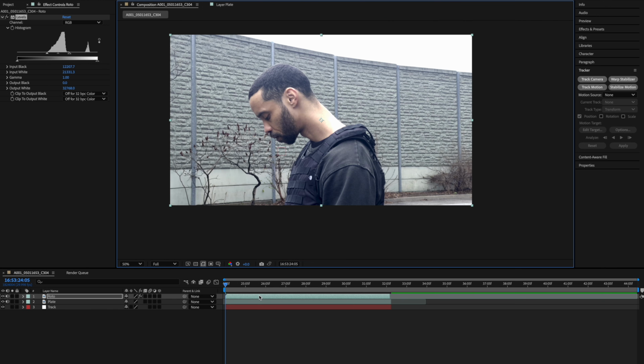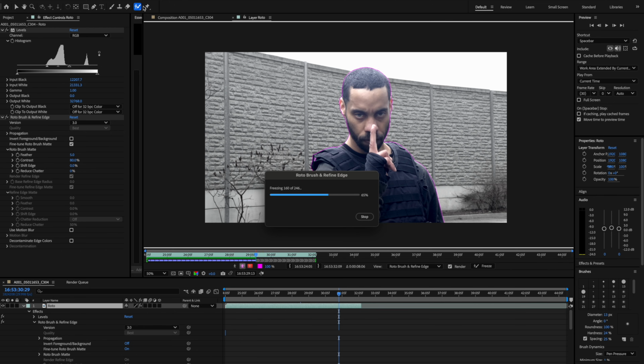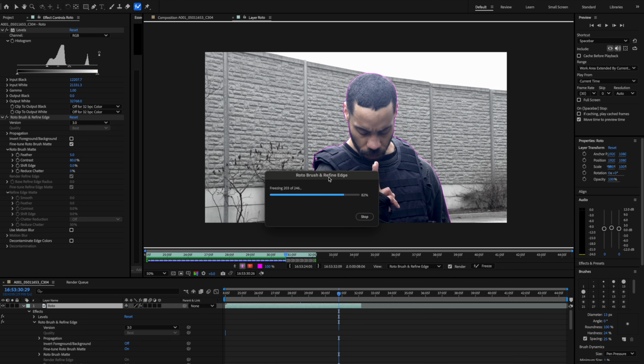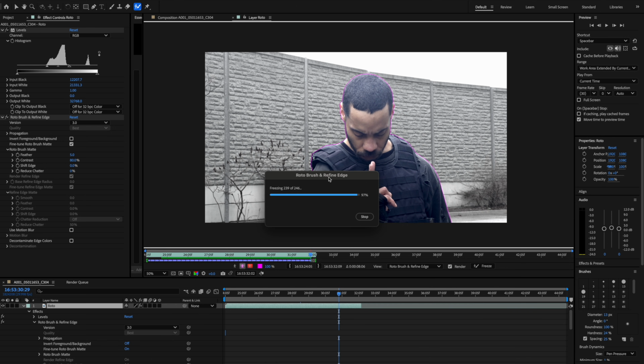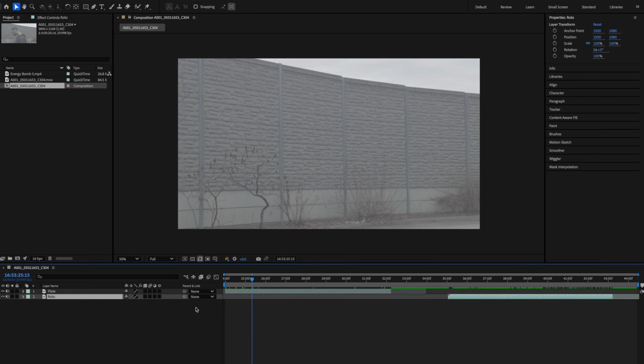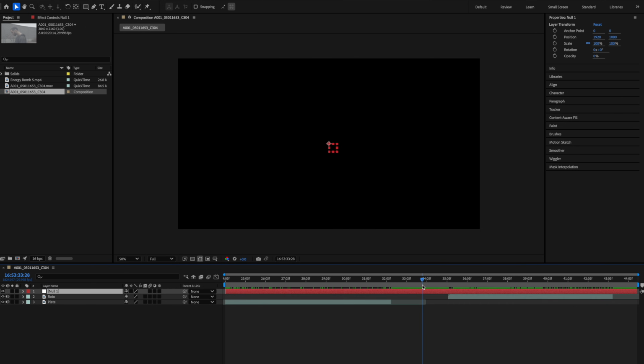So that's a little tip and trick for people that are shooting in log. You should start doing that. It's a lot easier to get a clean rotoscope on your layer, and then you could just delete the effect after. And because there was movement in this shot, because it was shot handheld, it was just a little bit,